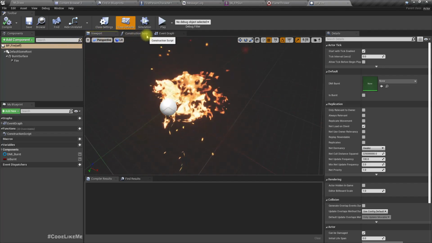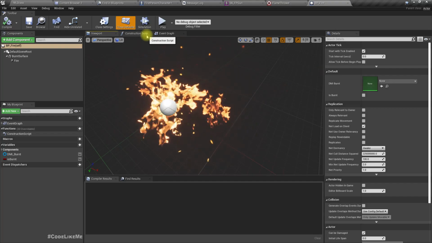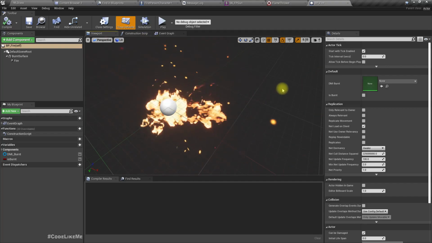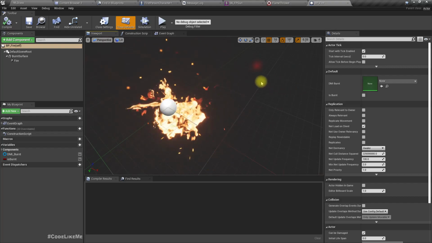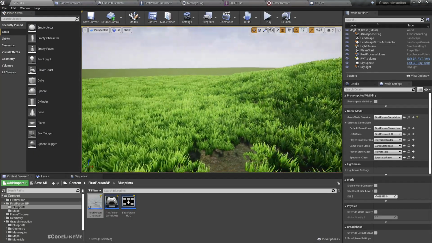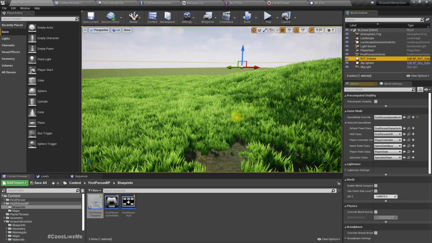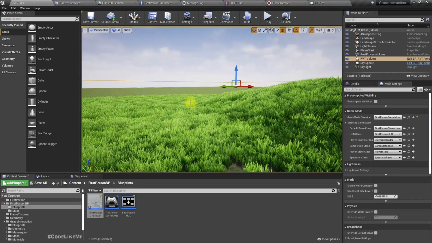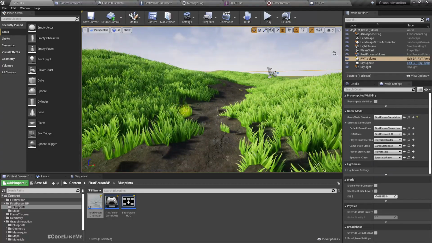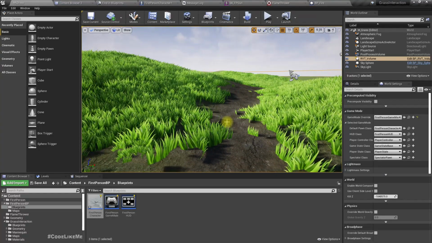We need to spawn this fire object on the place where the flame emitted from the gun hits. And I have also already set up the runtime virtual texture volume and everything, because I worked on those things in a previous episode, so we don't need to repeat that part